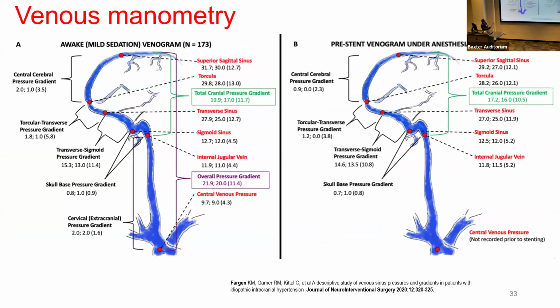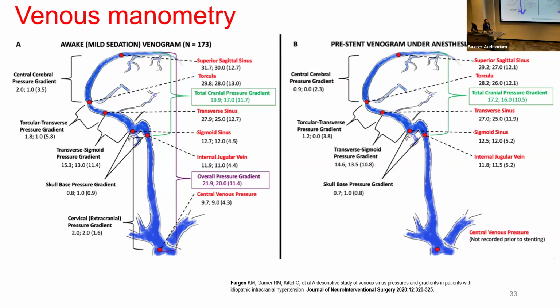These are basically the mean pressures that we have, but at the end, we measure in all these areas: the superior sagittal sinus, the torcula, sigmoid, IJ, and our focus is to see if there is a gradient. Especially if we have focal stenosis and we see a gradient, that means that the flow in this sinus is affected. And even if it's the cause or the effect, treating it will change this feedback loop, and that will improve patient symptoms. But the